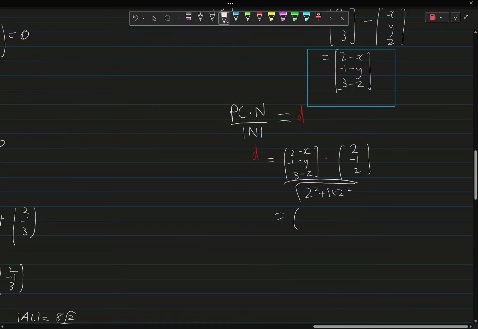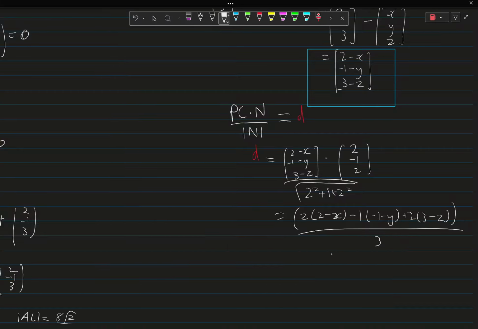So on the top we have 2 times 2 minus x. We have negative 1 times negative 1 minus y. We have 2 times 3 minus z, over 3. And we have 4 minus 2x plus 1 plus y plus 6 minus 2z, all over 3. And that is,